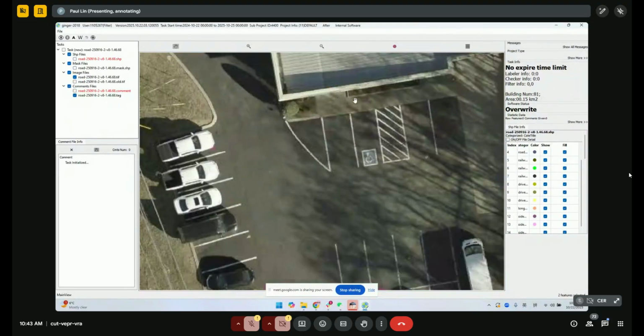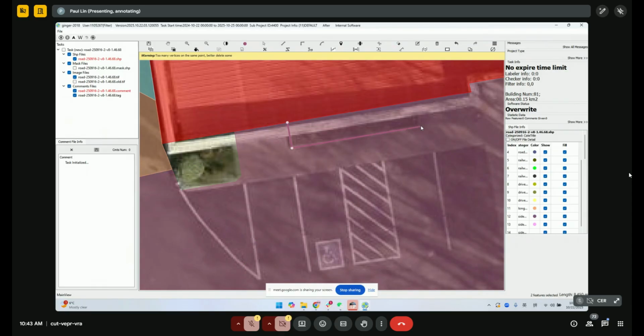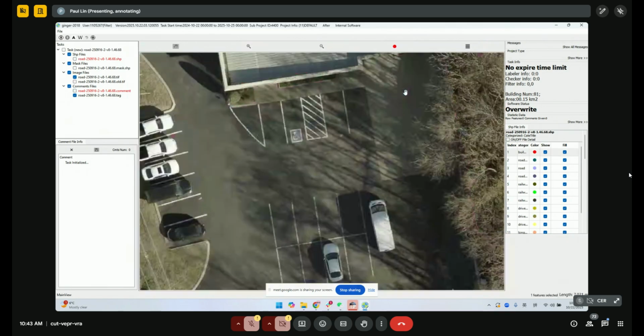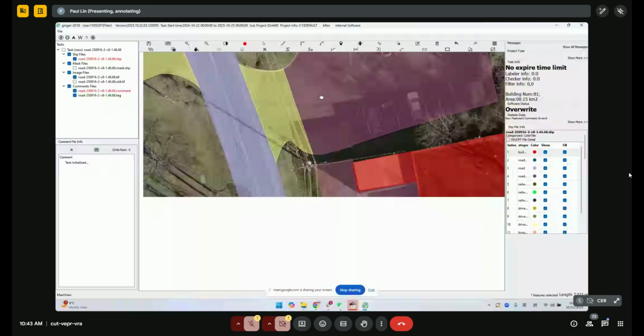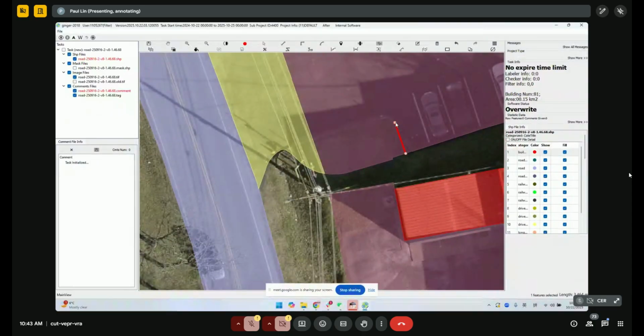Especially on this boundary, as you can see, this part has grass, so we have to exclude that. Like this is totally not okay.